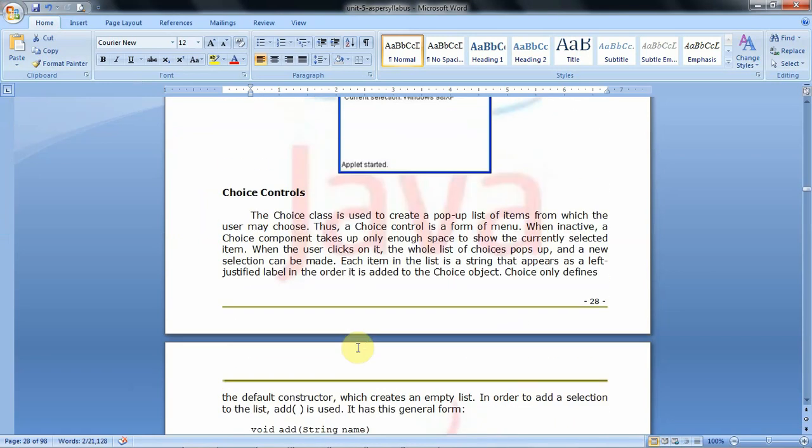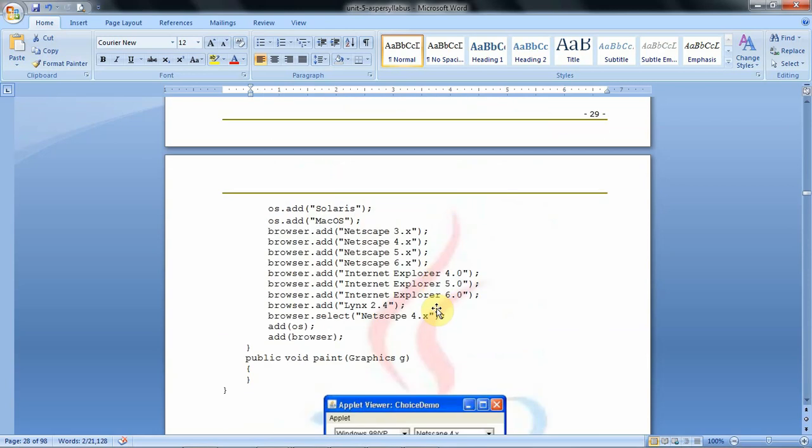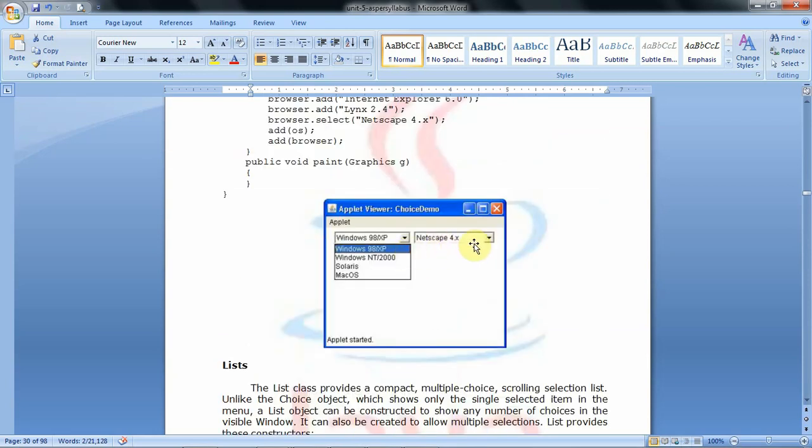Now we'll move to choice list. This is also one of the important AWT components. The Choice class is used to create a pop-up list of items from which the user may choose. The choice list looks like this. If you click here, that internally contains some collection of items.